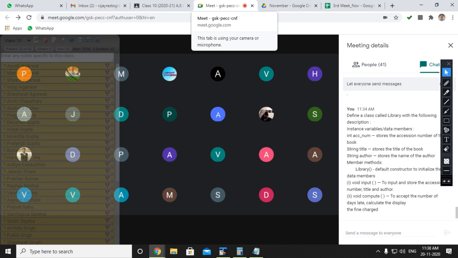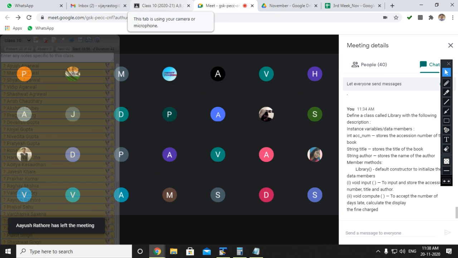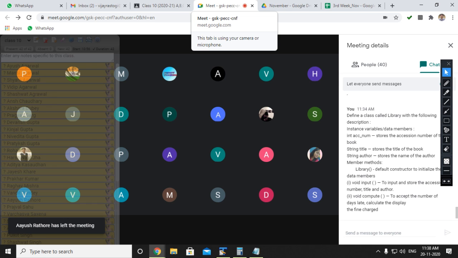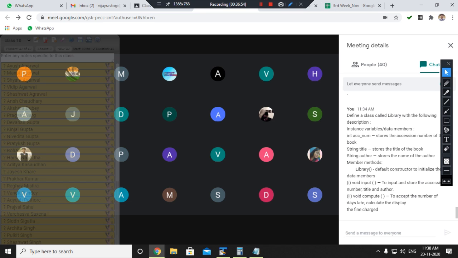So again, I'm repeating. By Sunday only, you need to send your complete computer project on my mail ID computer10c and 10f at 2020@gmail.com with 15 programs with their VD table and comments in neat and clean writing.